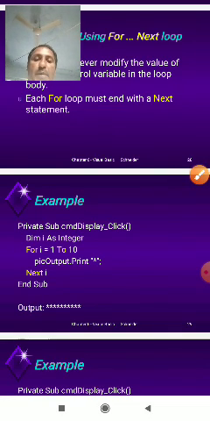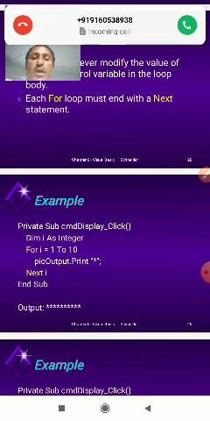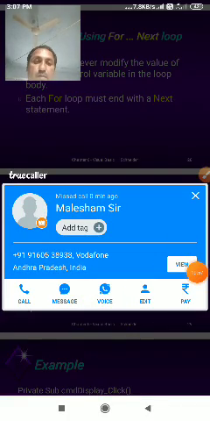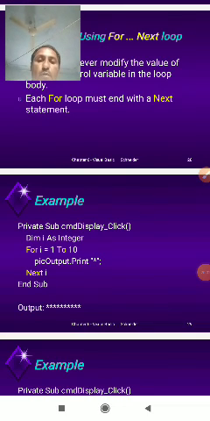Private Sub cmdDisplay_Click, Dim i as Integer, For i equals 1 to 10.